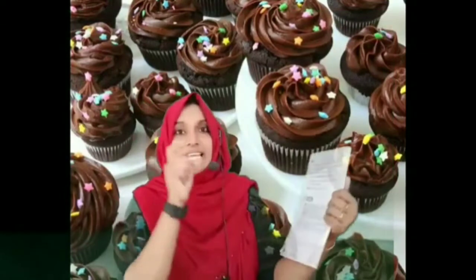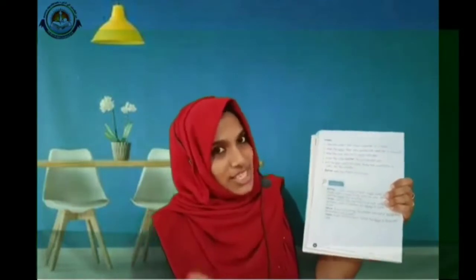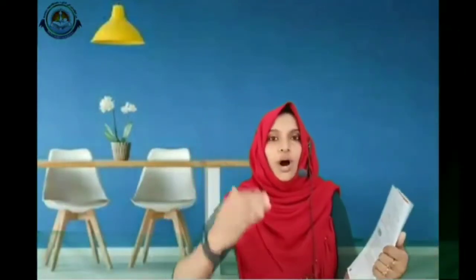Yes, we can see that doing words are given in the beginning of the sentences. Why? Because these are instructions. From our previous class, we have learned that instructions always begin with the doing words, and these instructions tell the reader what to do. It is giving some ideas about how to prepare the food, how to make the food. So we can see these doing words given at the beginning of the sentences.